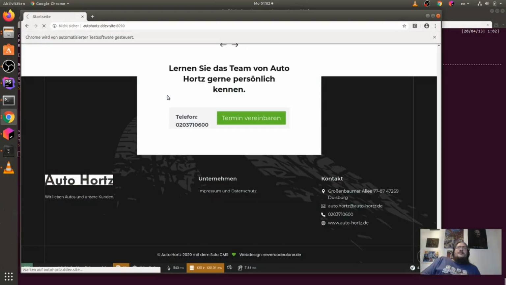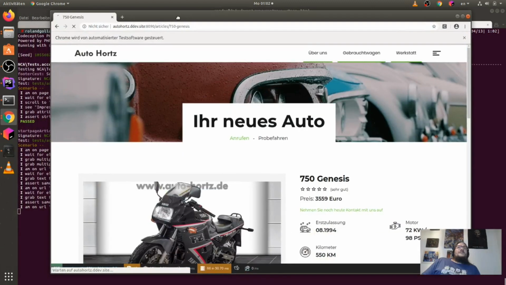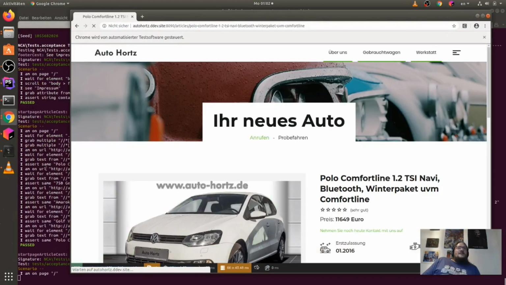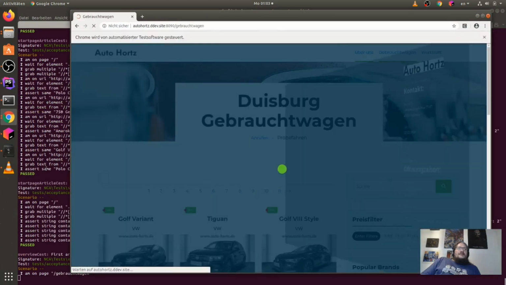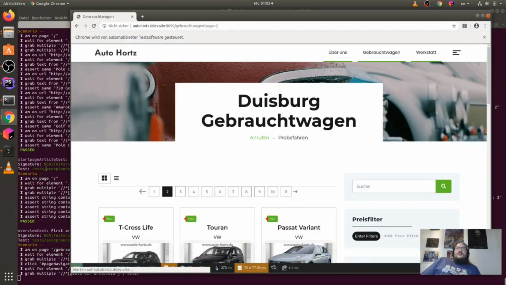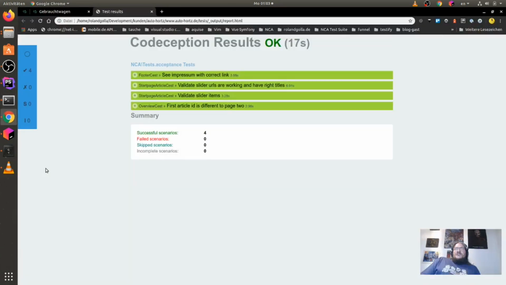And I will see the steps here on my terminal, and this is a page navigation test. So we have here 18 seconds and have 2 really good tests here. Let's check it here.